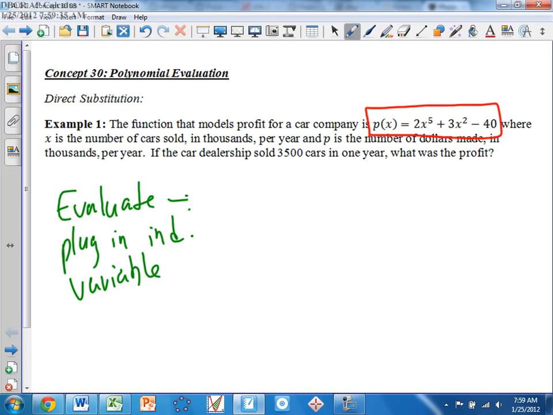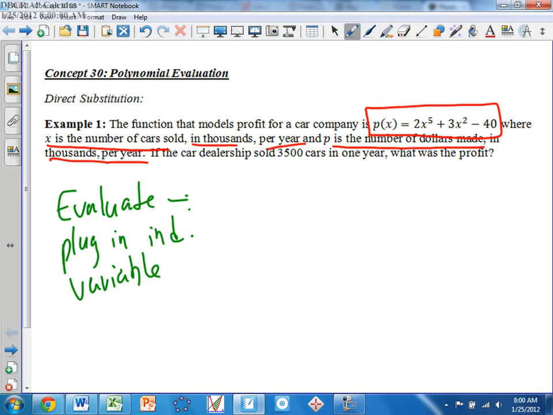Be careful. Joey, help me out. P is the profit here. X is the number of cars made. Okay, P is the profit. It says X is the number of cars sold in thousands per year, and P is the number of dollars made or profit in thousands per year. In thousands per year. So again, P is the profit made, X is the number of cars sold in that